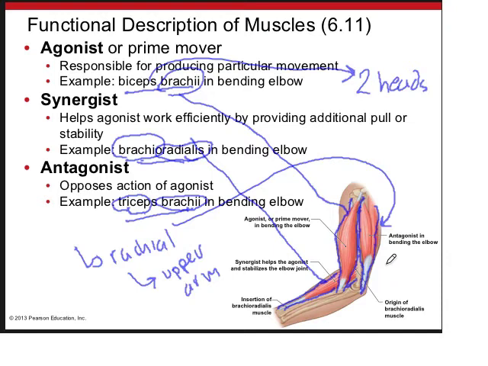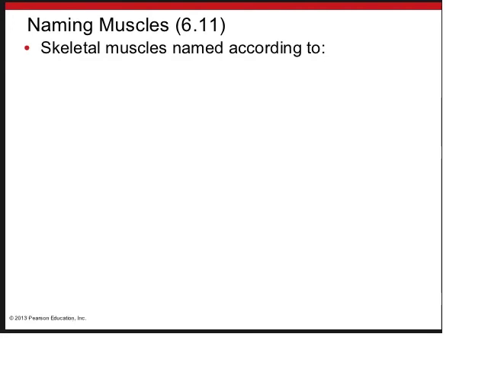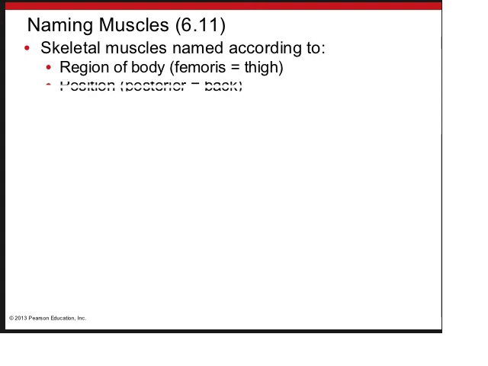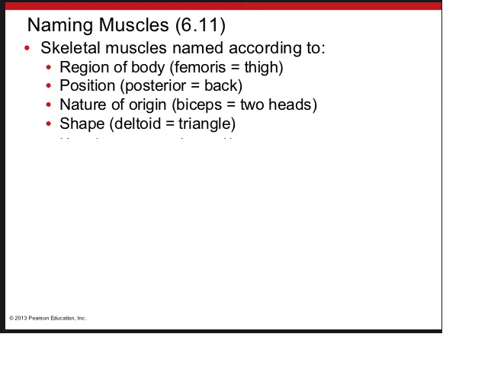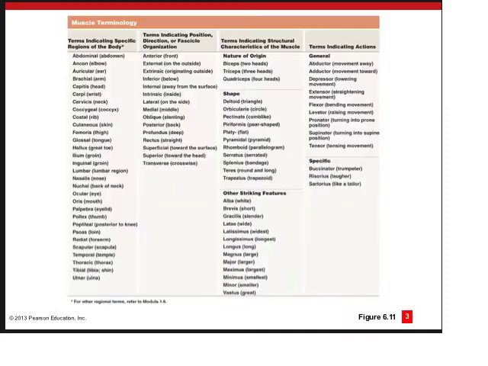Okay, so when we name muscles, we include clues about their function or their shape or their size or their direction of fibers in many of the names. So we can name them according to the region of the body in which they're found, their position, the nature of their origin, their overall shape, their overall size, or the actions that they perform. And this list is going to show you some of the terms indicating specific regions in the body, and then types of